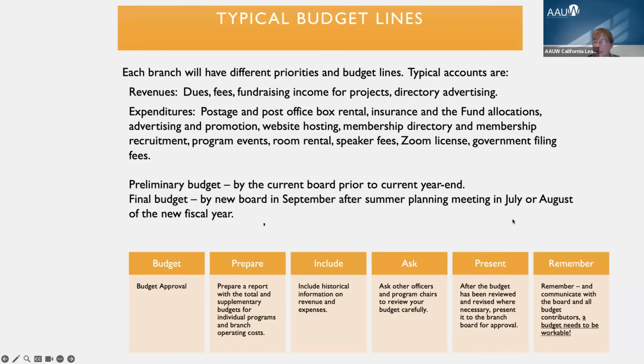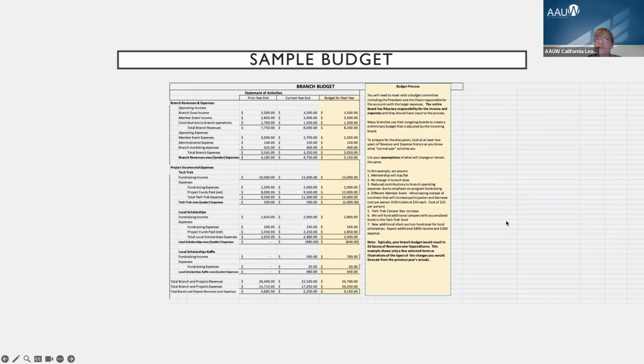So this is a sample budget. And as you can see, this may not be exactly the way you would report it every month or for the year, because I break out here's branch revenue and expenses. So this is standalone. This Tech Trek, you see it standalone, that has 1,000. You're saying we're going to use up the reserves we built up in the prior 2 years and use it in the budget for the following year, so we can cover some of these additional camp costs.